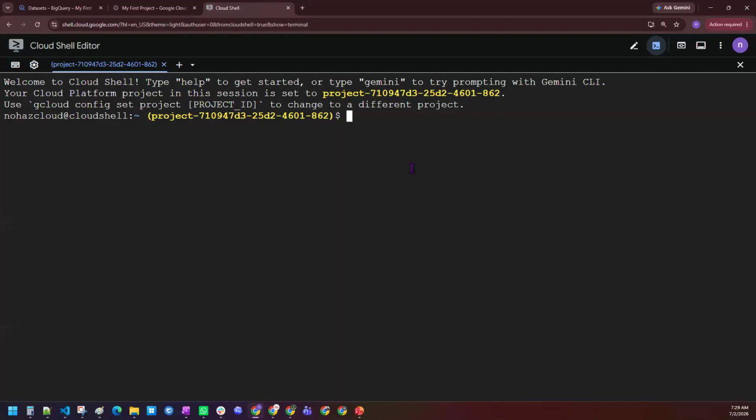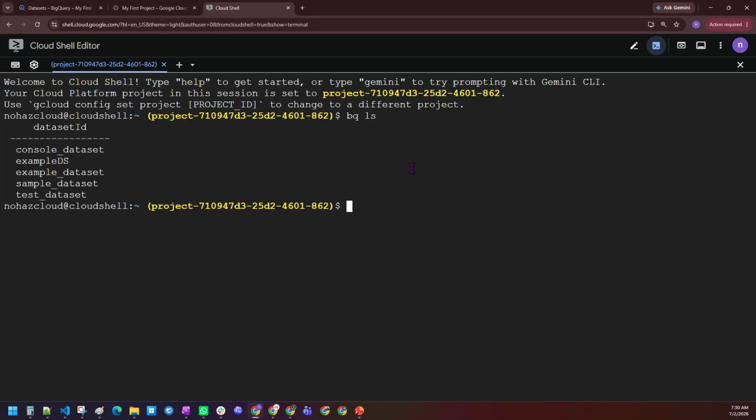Sir, can I do it via Cloud Shell? If one wants to interact with the GCP services via Cloud Shell, they have to run commands. I'm going to first tell you the commands. I'm just running the command here, that is bq ls. In our upcoming sessions, I will talk about the commands. We have a dedicated, separate session on the GCP commands and all the Cloud Shell commands, how we are able to do it. We will talk about it later.